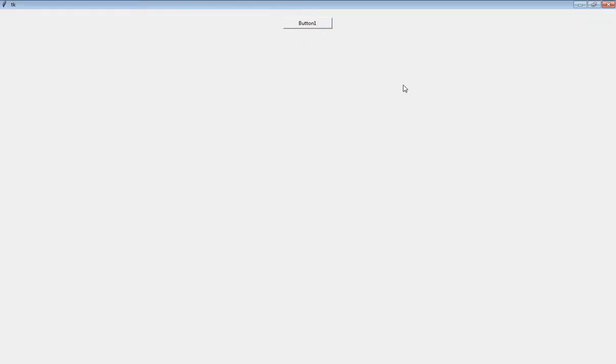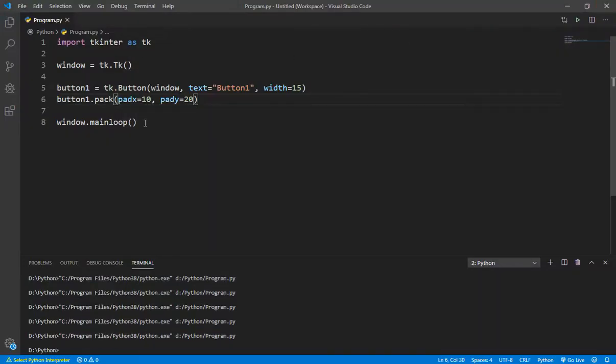Okay, if we maximize our window, you can see the gap between the window and the button in y-axis, but I think you can't see it in the x-axis because it's too much space here.